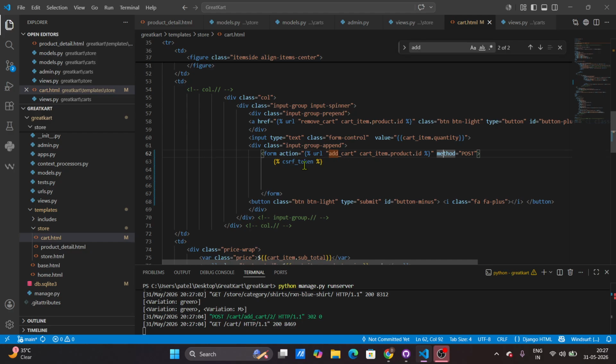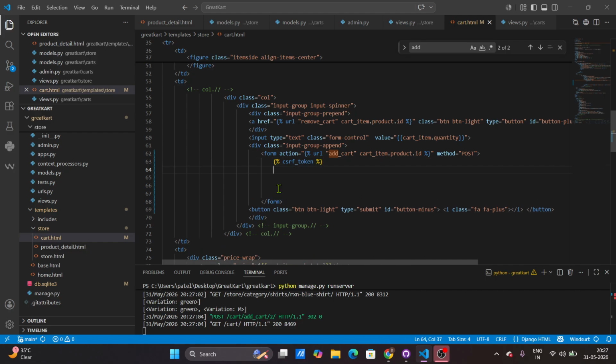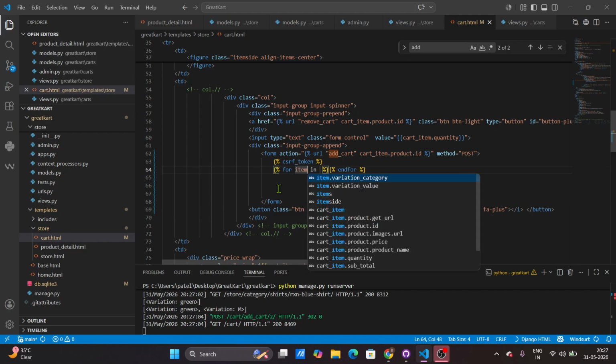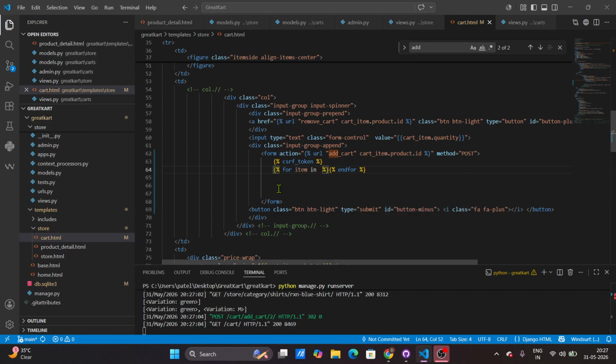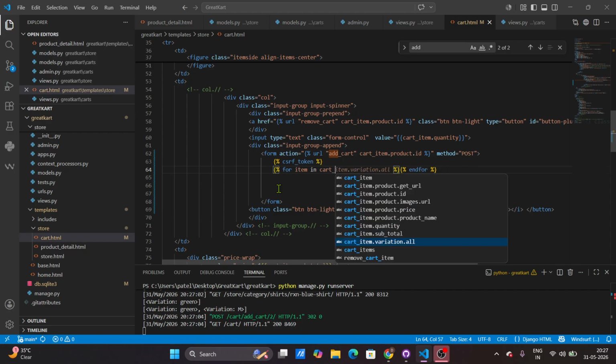So for that we will apply a for loop here. Inside the for loop, for item in our cart item dot variation dot all,